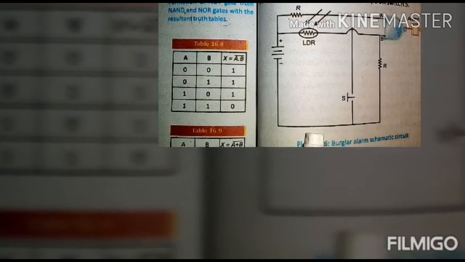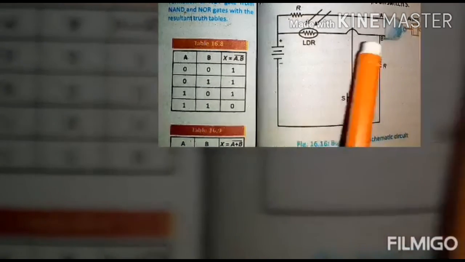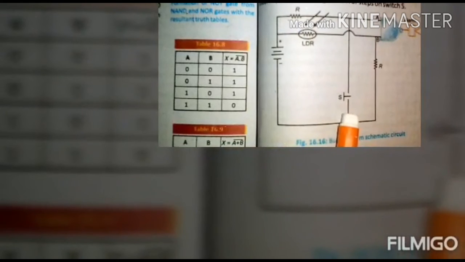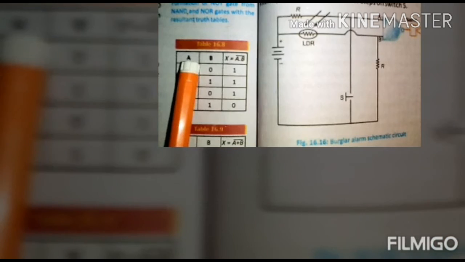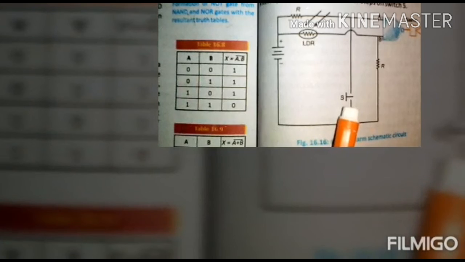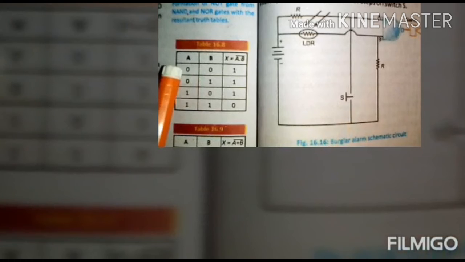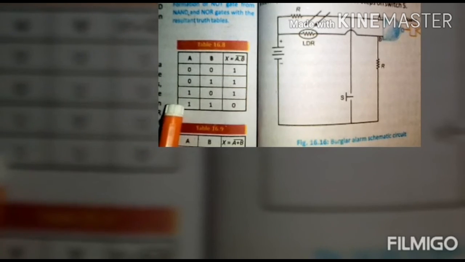This is the circuit of the house safety alarm. This is the NAND gate. Its output is connected to the alarm. Its input A is through this resistance R, and this whole circuit is connected with the push button S. So A input will be showing us the situation of the push button S. When this button is not pressed, A will be 1. When it is pressed, A will be 0. Here it is pressed, and in these two situations this switch button is not pressed.